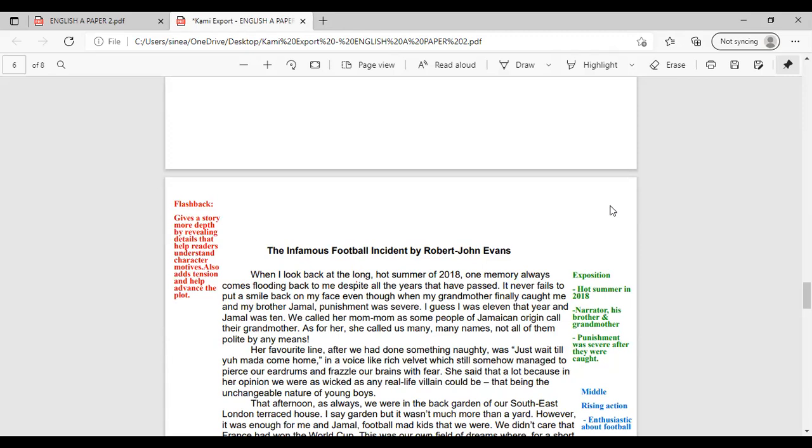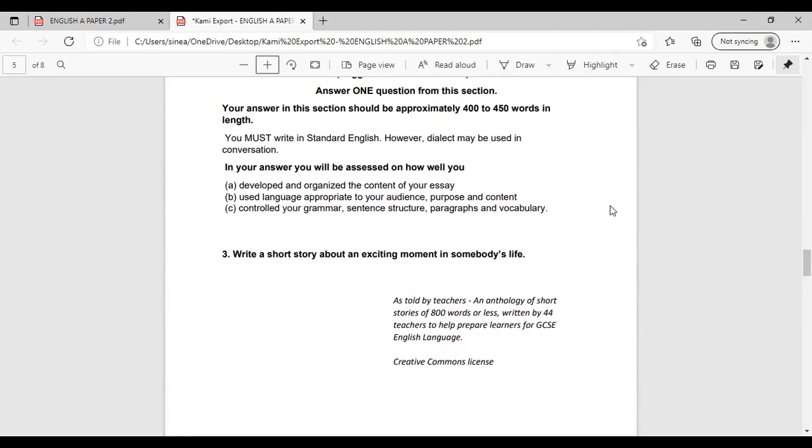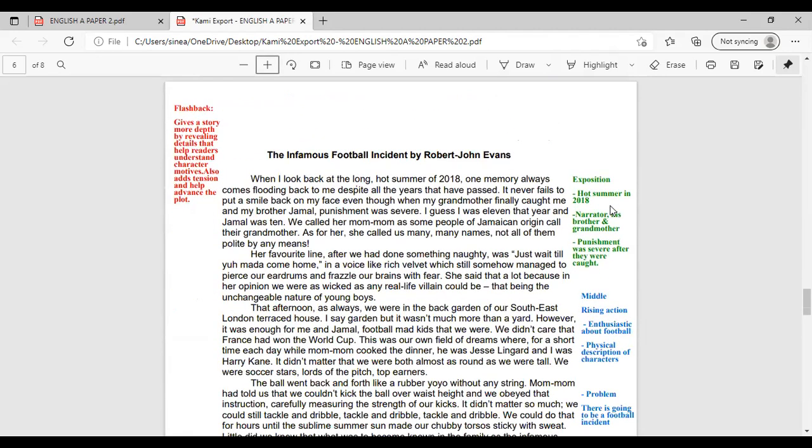So you want to be able to give... I think flashback is a very ideal way to start a short story. However, it all depends on what you are given to write about. Because the prompt was to write a story about an exciting moment. So the person decided to go back in time and tell us about an exciting moment. So a flashback is really